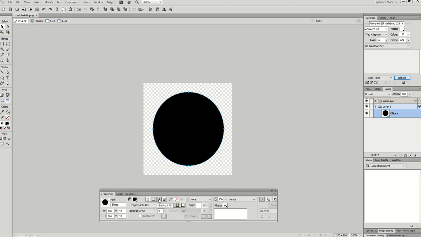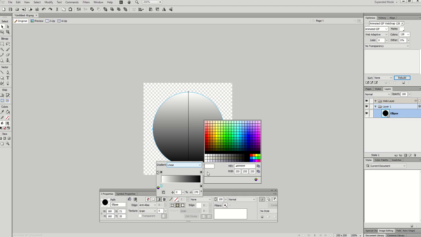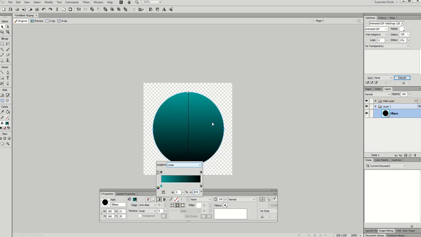For the color of the button, we're going to choose the third square along. If you hover your mouse over it, it says gradient fill. If you select that, you'll see that you now have two colors. This is called the color ramp. Here on the left arrow, if you select that, we're actually going to type in a custom color where it says hex. We delete the values, leaving the hash sign in, and type in 00 and then 4 nines and press enter. You'll see we have a sort of bluey green color on the top,